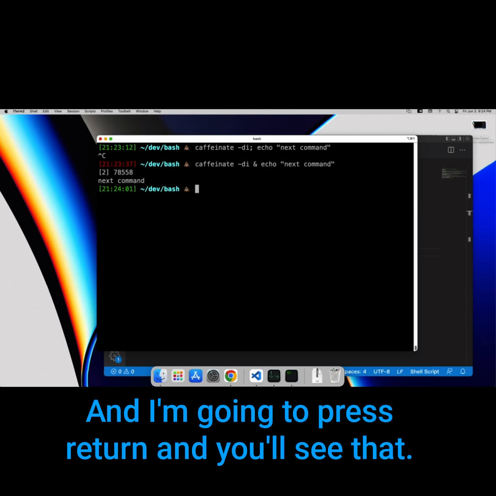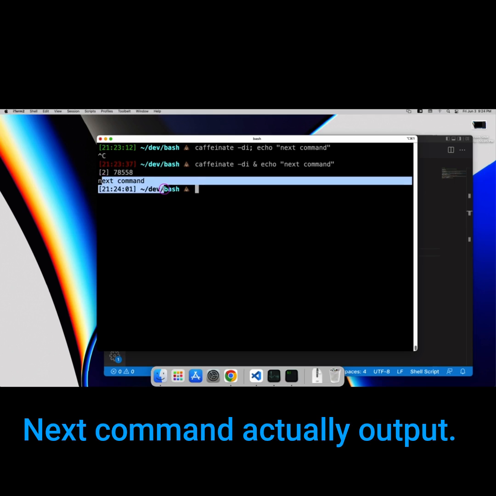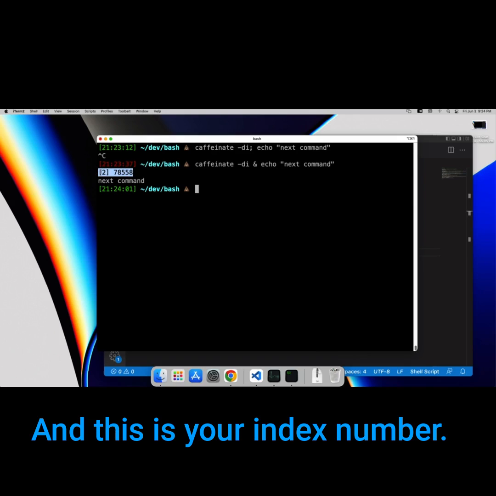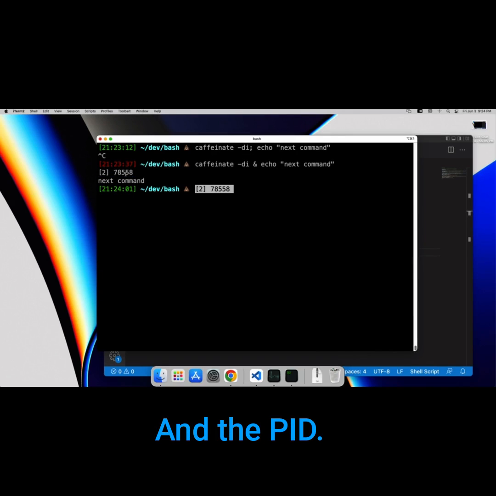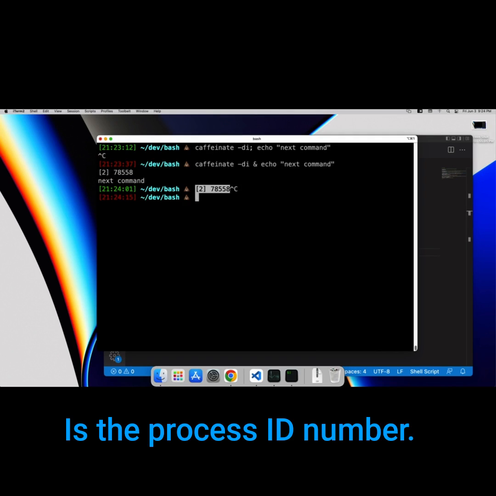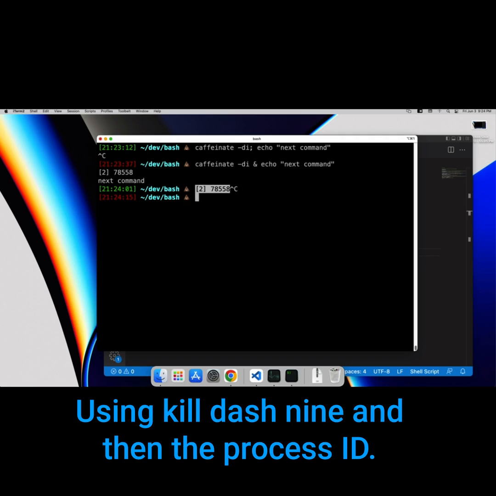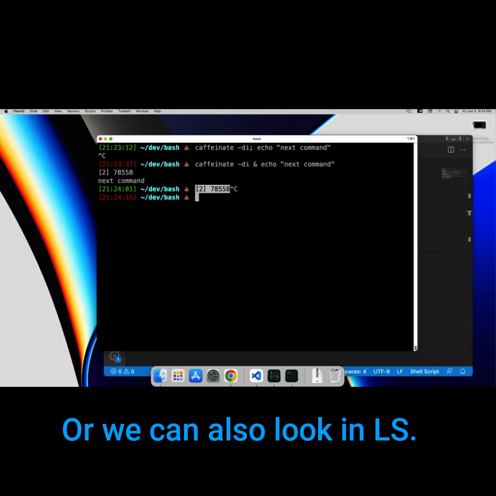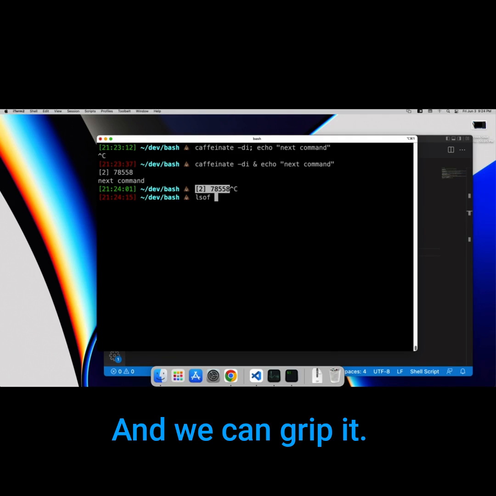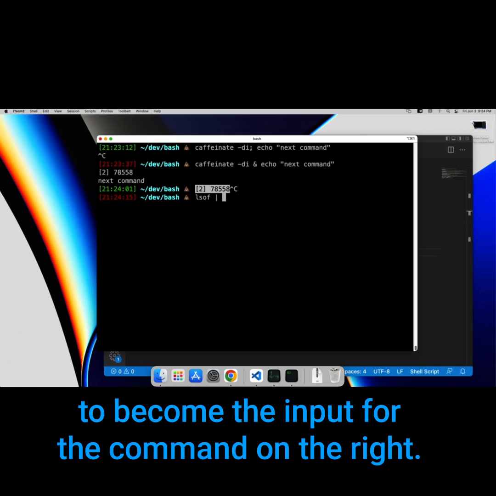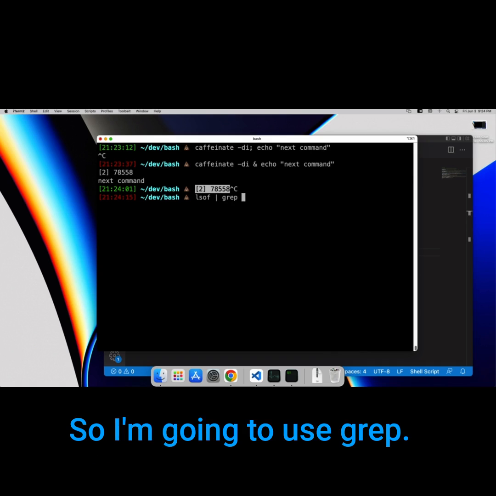Now I'm going to press return and you'll see that next command actually output and I got a prompt back. But there's this weird thing right here. This is your job index number and the PID. The PID is the process ID number. Now, if you recall, we can kill processes using kill -9 and then the process ID, or we can also look at ps and grep it. If you recall, pipe allows the output from the command on the left to become the input for the command on the right. So I'm going to use grep,